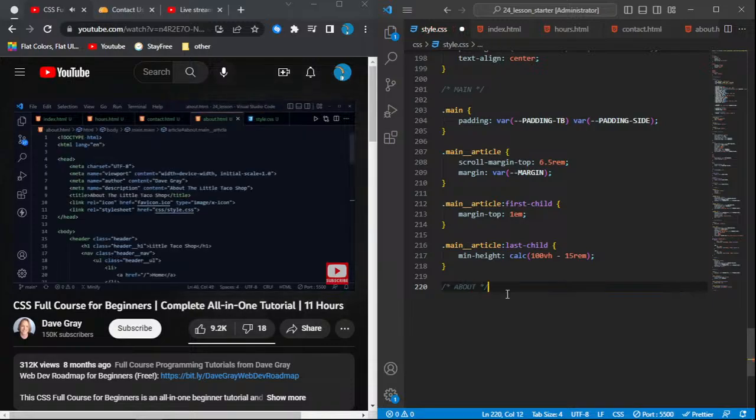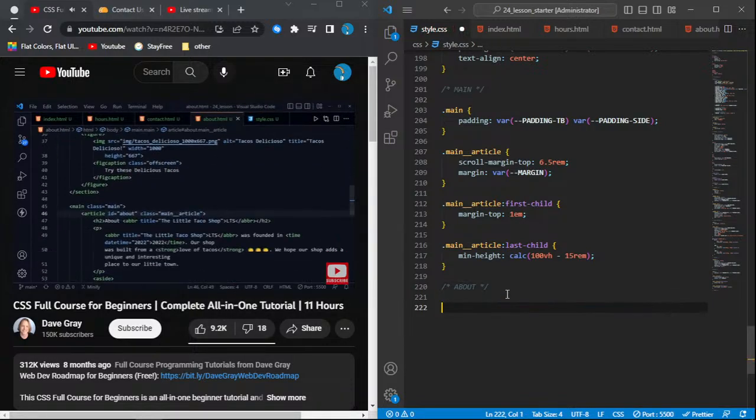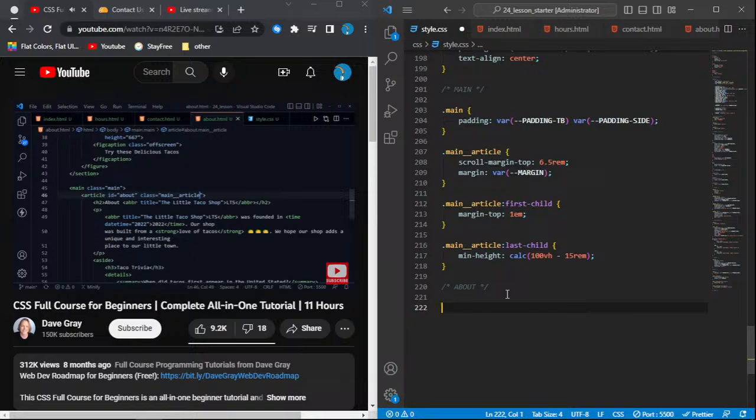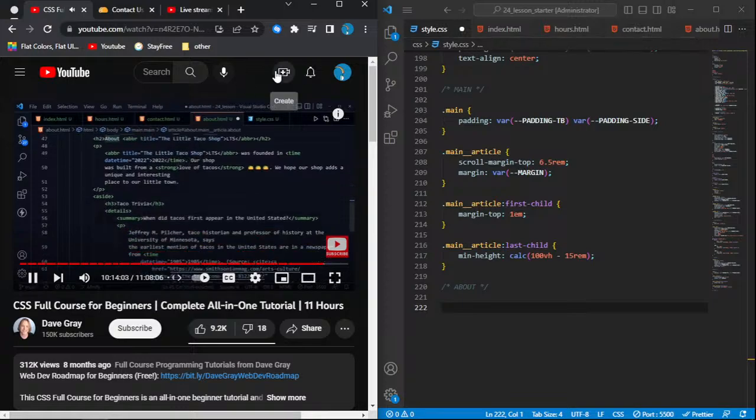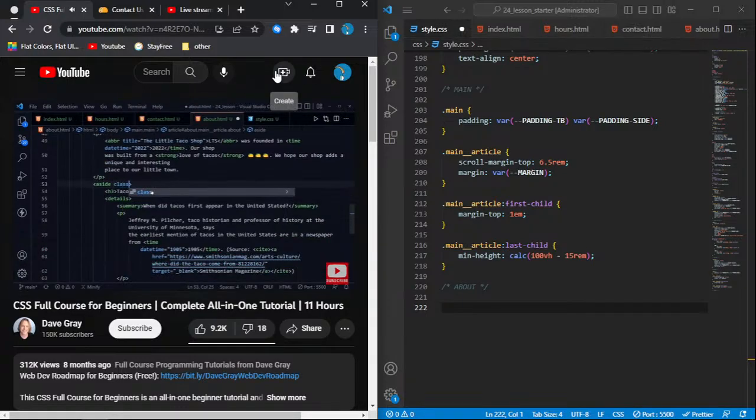I'm going to do something different here that some may agree with or may not agree with, BEM, but I don't want to refer to the main as the parent for the About information. I want the word About there, so we know it's on the About page. So I'm going to add another class here that is just called about, and that goes to the article. So then what I refer to inside of this article, instead of referencing main as the parent, I'm going to reference about. It just makes more sense to me for these classes in particular. And I've only got a couple to apply, but I want class about, and then I'm going to use __trivia